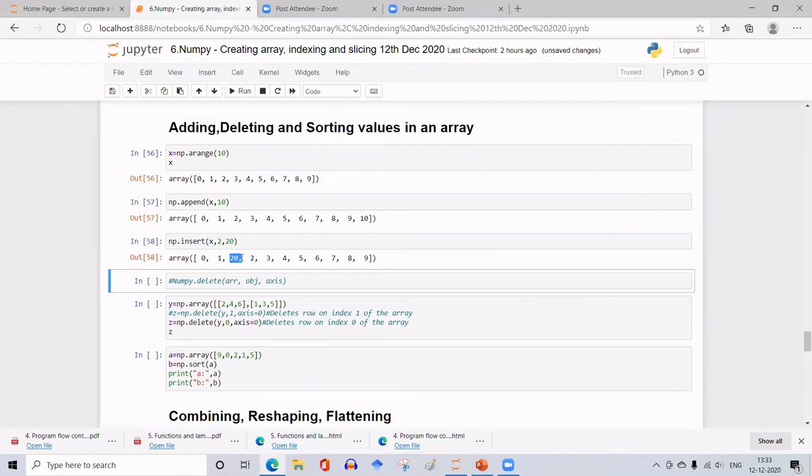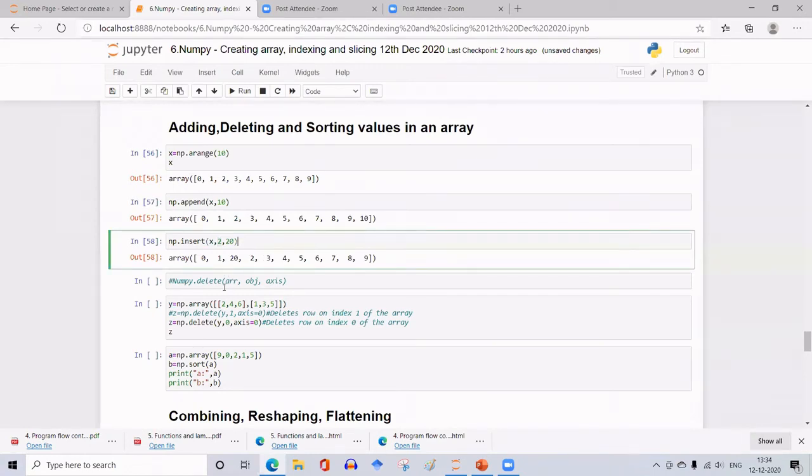This is the index location 2. Instead of 2, I have replaced it with 20. Not replaced, it has been inserted in the place of index 2. Then remaining numbers are pushed, so that previously it had index 2, now it has an index 3 and the remaining elements. Okay, so our X is this.